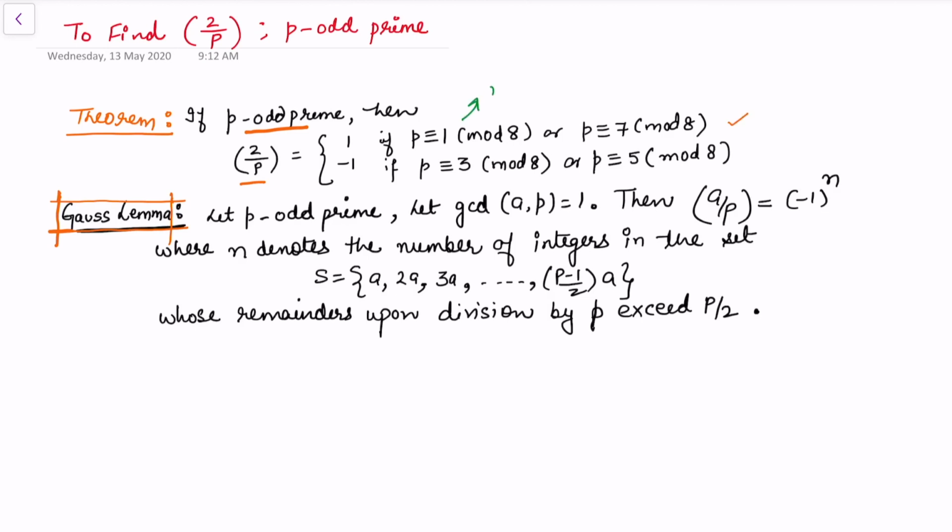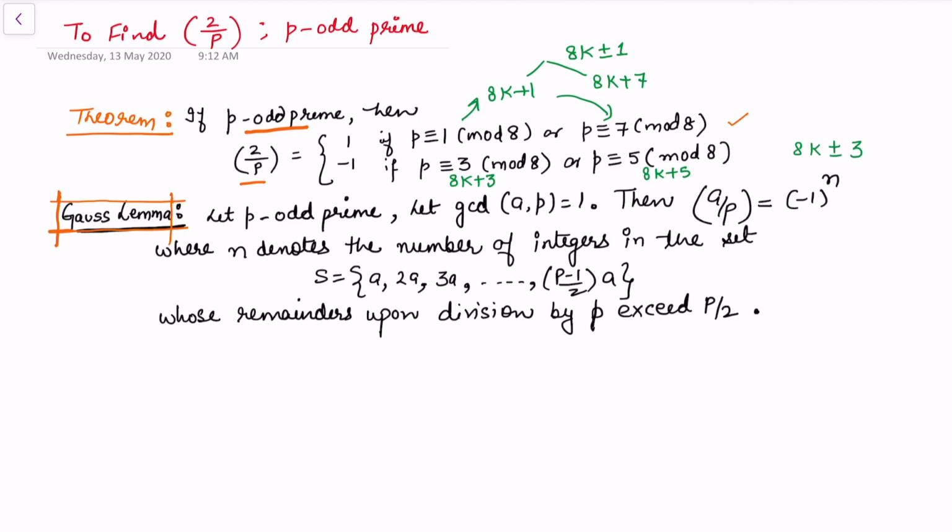It is 1 if this prime is of the form 8k plus 1, or we may say 8k plus 7. For writing the prime 8k plus 7, I can also use that it is a prime. So if I want to write these combinedly, I can write this as a prime of the form 8k plus minus 1. Similarly, for the other case, this could be a prime of the form 8k plus 3 or 8k plus 5. And if I want to write these two combinedly, I can say that the prime is of the form 8k plus minus 3.